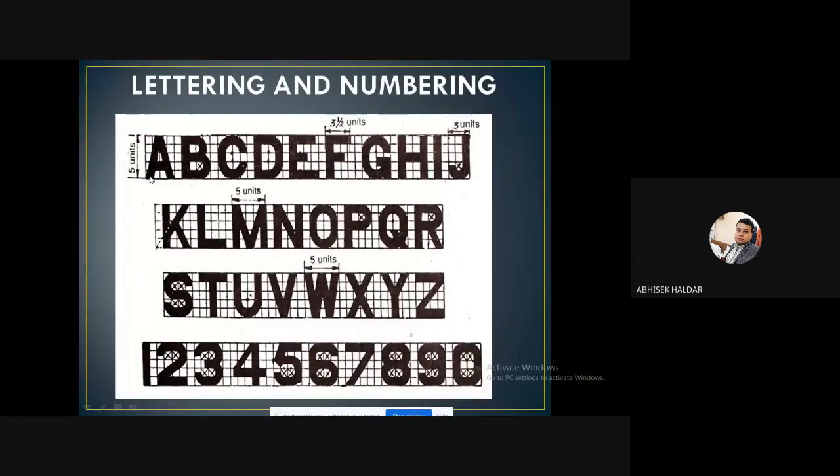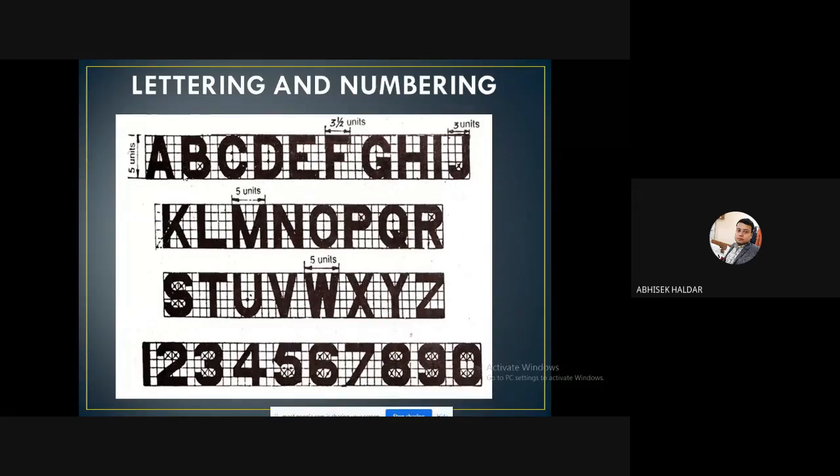The width may change by 1 or 2 millimeter, that will not matter much. But say you write A this big and B just after that very small, that is not allowed. That may be allowed for casual drawing, but not for engineering drawing.